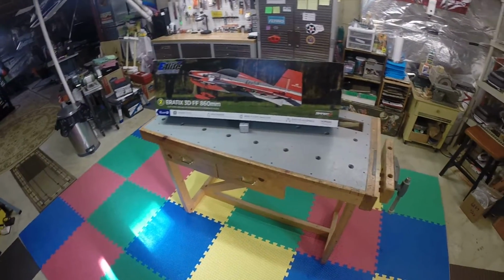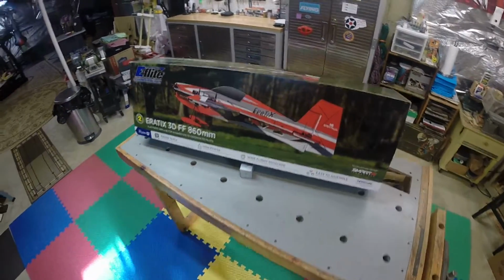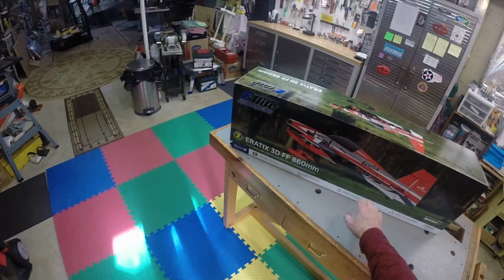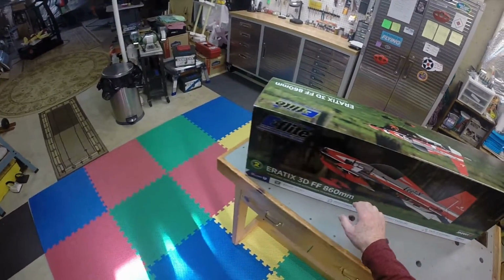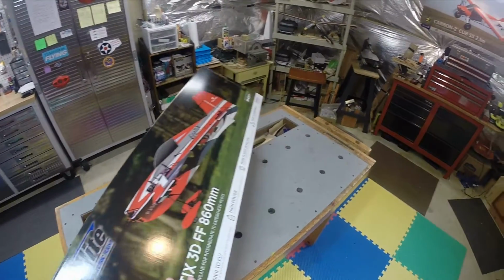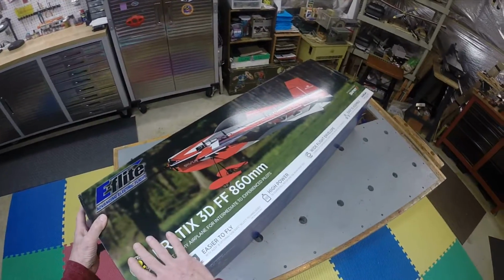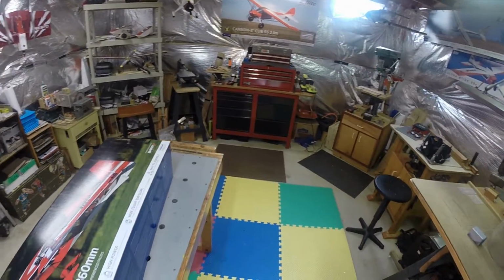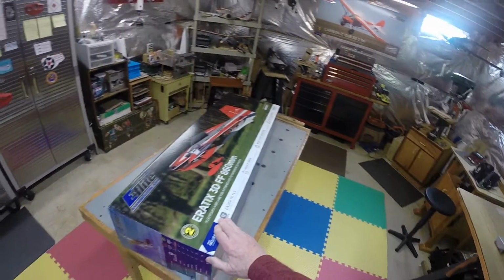So here we go. It's well packaged so far in the box. They have nice graphics on here. I like to take some of these, and when I'm all done, open it and cut it open. If you look around my shop, you'll see some. I use some of them for wall art in the shop, like up there, a good old Carbon Z Cub